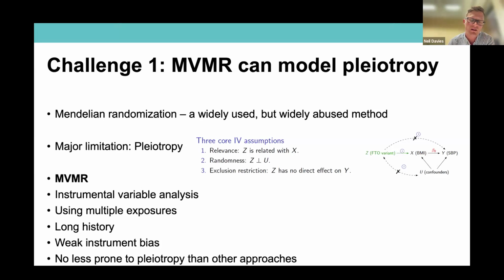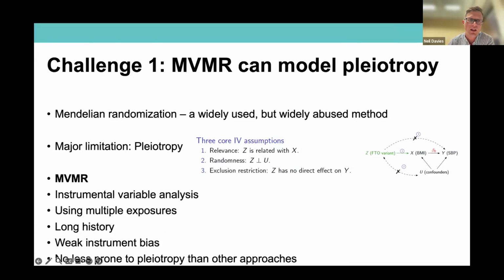Equally, weak instrument bias is very well understood, both in the statistics literature and in the econometrics literature. But interestingly, weak instrument bias has been largely focused on situations where there's a single instrument, and there's been relatively little assessment of the implications of weak instrument bias in the context of multiple